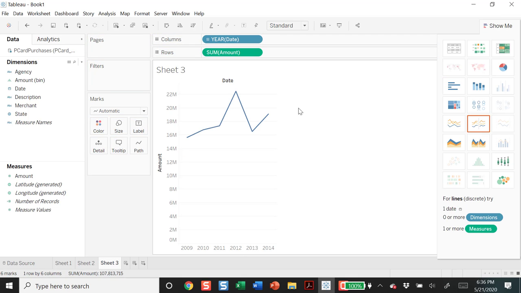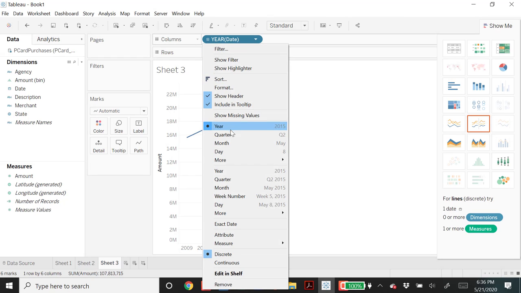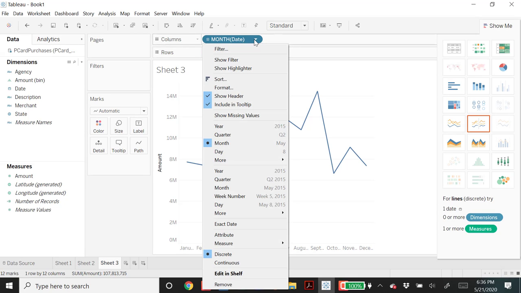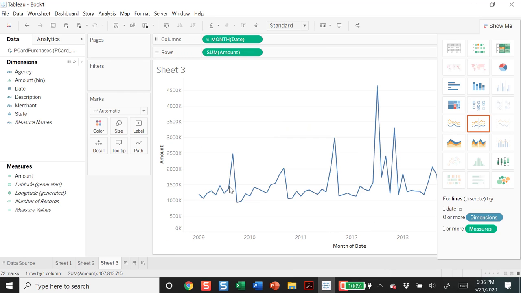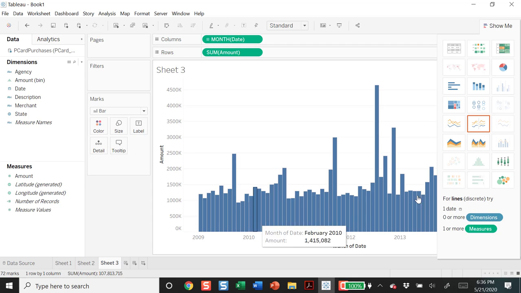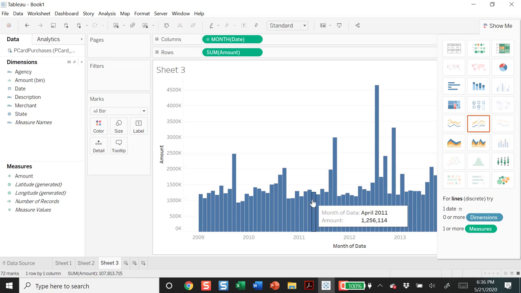And now it's giving me the total per year, but how about we do the total per month? I don't want that. This is every January, every February, all of them added together. We'll go months over here, and now I have it. This is identical to what I have in the book, except in the book I prefer to use bars. So I could actually go here, automatic, change it to a bar. And we can see we have the two spikes, and I just have to do some tidying up, and Tableau will give me an excellent